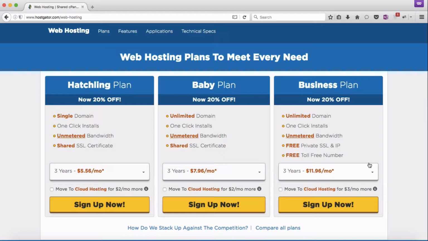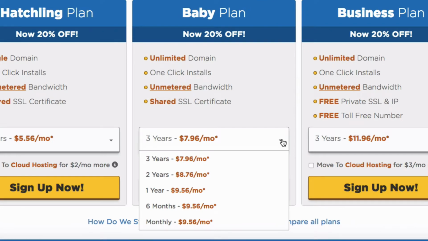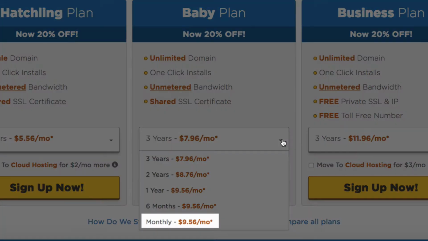If you click on the drop-down to see the various prices for the number of years that you are interested in, you can see the locked-in price that you would get your hosting for if you committed to the respective time period today. So if you buy the monthly rate, you will get the 20% discount, in this case $9.56 per month if you clicked on my link, but only for the time period that you commit to today. If you only commit to 1 month, you get the discount for that month, but then the price goes up to the regular price, which I believe is $11.95 per month, at least at the time of shooting this video,